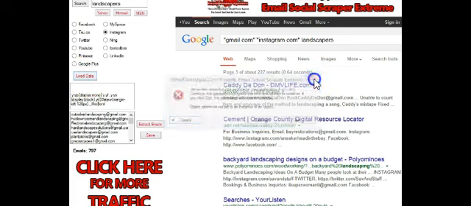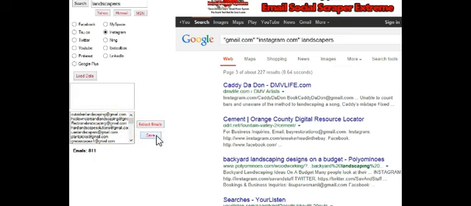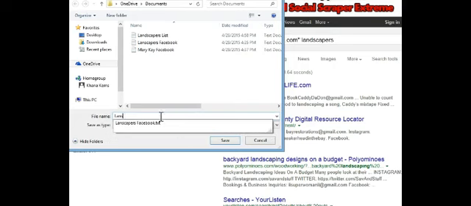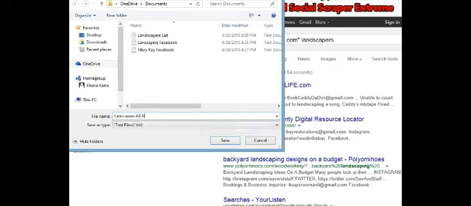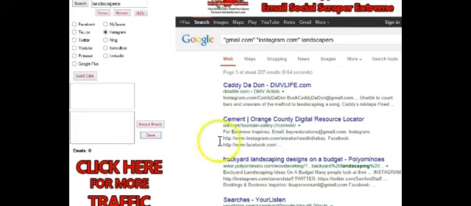Now, the question is, how do you email these people? There's a particular way to do it to make sure that you are in compliance with the law. So all you do is save the file. It's already in a text file. We're going to call this landscapers all networks, because it comes from all networks. And we're just going to go ahead and click save. And now the file is on our computer, ready for us to go ahead and put it in our Mass